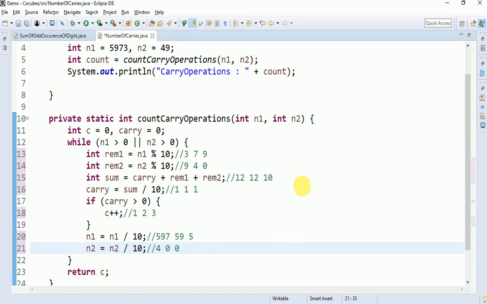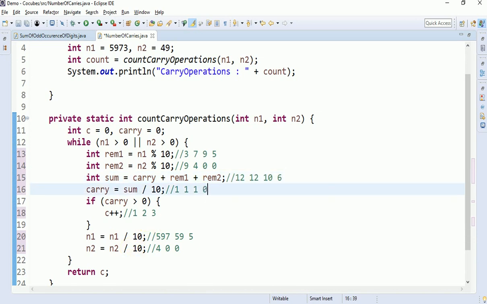So again it goes back, and what happens in the fourth iteration? n1 is greater than 0, yeah, true, but n2 is not greater than 0, so it doesn't matter. So remainder would be 5 and this would be 0, right? So previous carry is 1 again, so 1 plus 5 plus 0 is 6. From 6 you don't have any carry. Carry is 0.